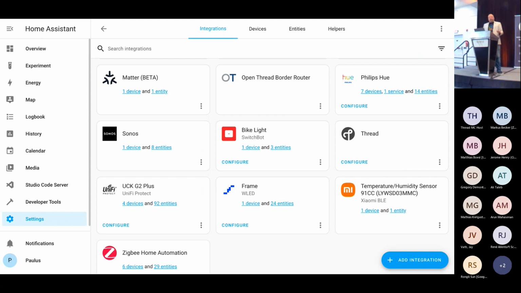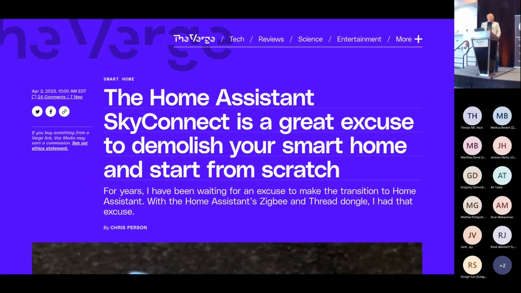So now, since last November when Matter launched, we've launched our Matter controller as well, and we've been really getting deeper into Thread. Now you can see we have two different integrations here. One is called Open Thread Border Router. The other is called Thread. The Open Thread Border Router exists because we've actually started making hardware that has Thread capabilities in it.